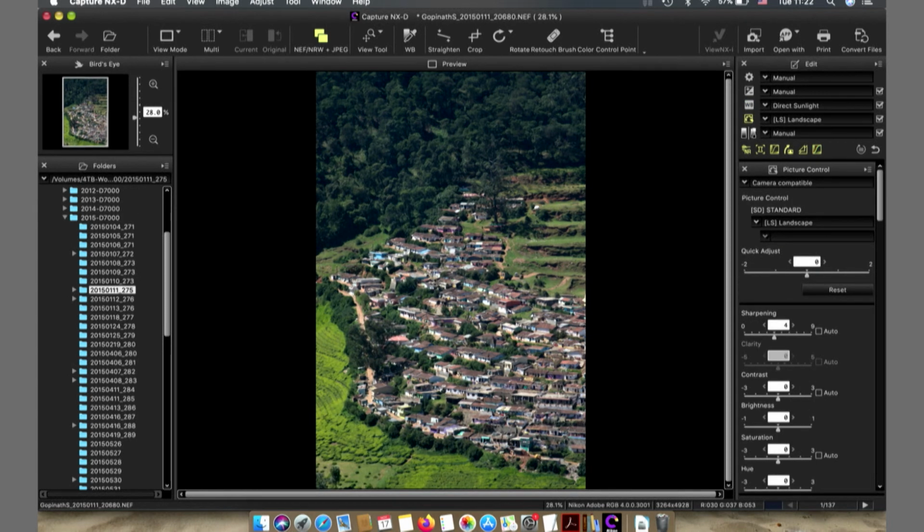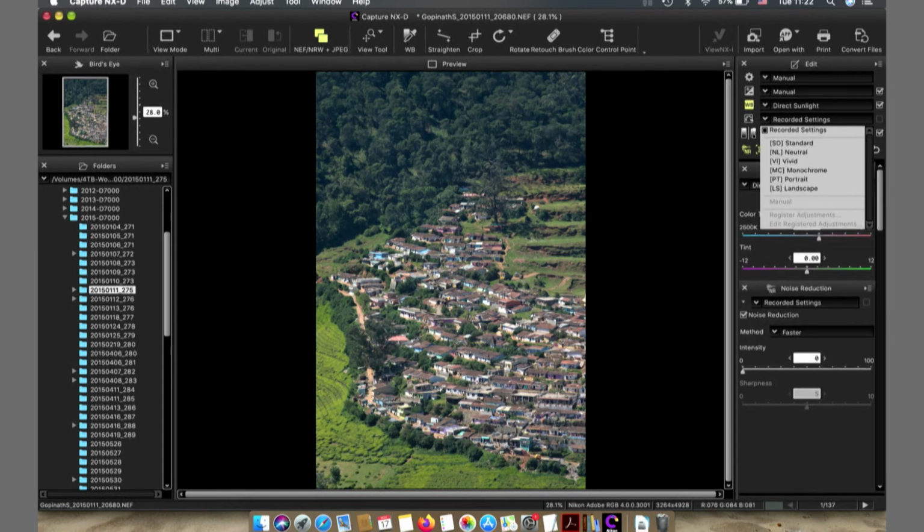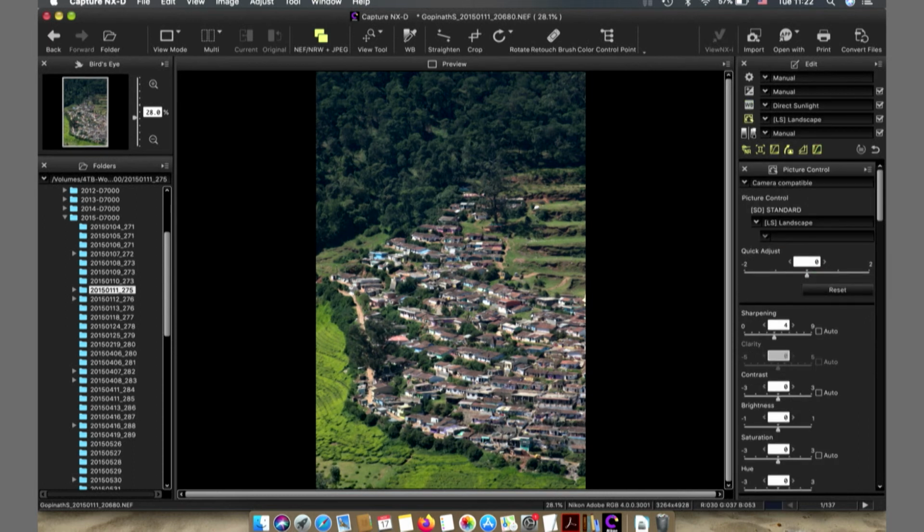So, now you could see a slight difference between the previous slide before I applied the landscape setting and now after I have applied the landscape setting. So, I hope you could perceive the changes. We can toggle back and forth to see whether the changes are to your liking or not. So, this is before applying the preset, and this is after setting the preset.